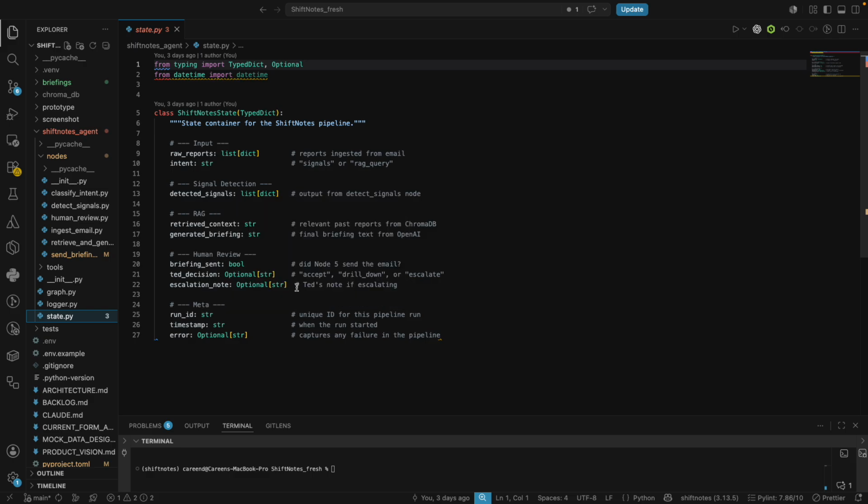So the pipeline has 6 nodes, and a LangGraph wires them together and manages their shared state, by using a single Python typed dictionary that passes data from node to node like a baton in a running competition. I'll walk you through each node, starting off with the first one,